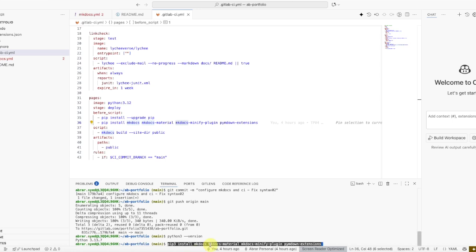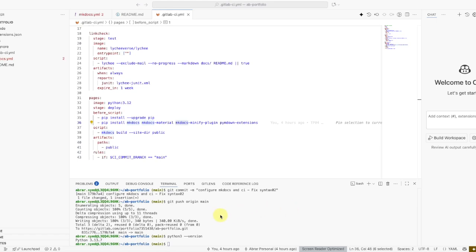I'm not going to run it here because I've already installed this. This would be redundant. So I'm just copy pasting it here. The reason it is pip3 is because of recent Python changes, which I will not bore you guys with. Once we are done with this, we can